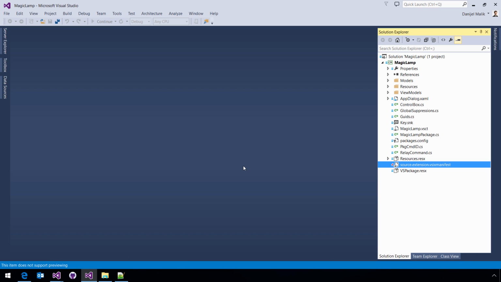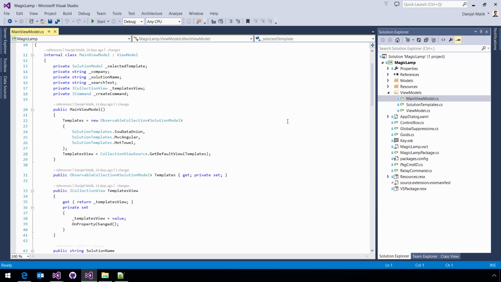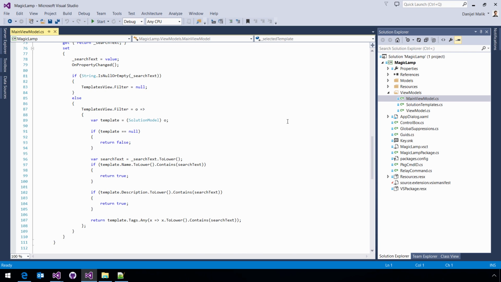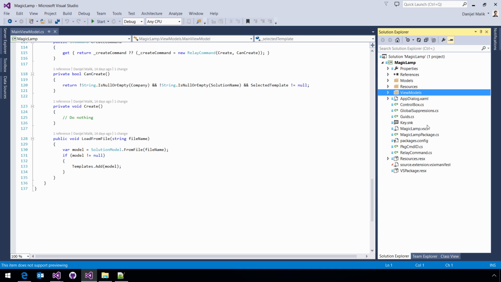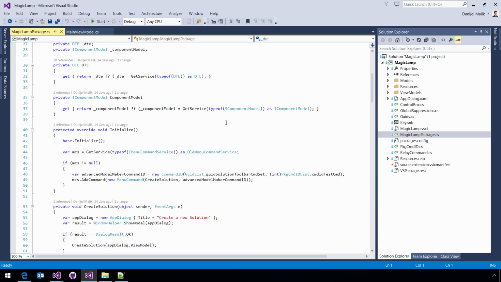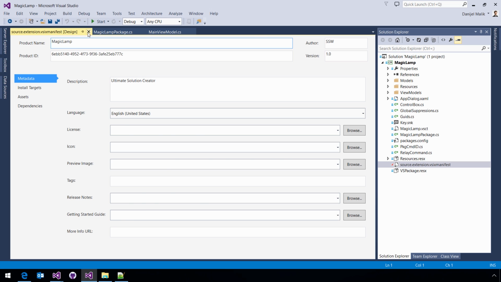So back to my magic lamp. I won't be diving into the logic of the app too much. Here on top you can just see that there are a couple of things defined. There are WPF related things, so nothing to worry about. More interesting will be, here it is, the magic lamp package. The package itself has another command defined up there. That command, as we're speaking of it,